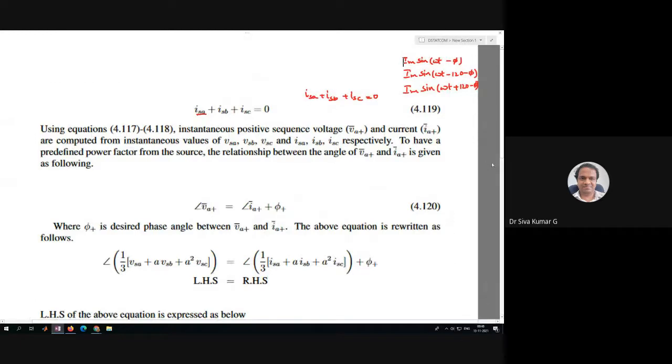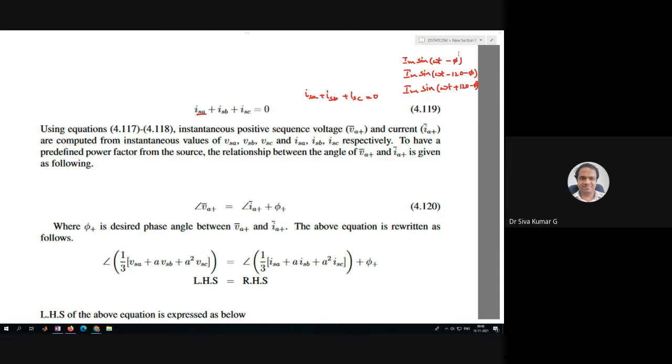It's not moving out. No problem. Yeah, these are the requirements of the compensator, right? This is satisfying ISA plus ISB. Even if you take these currents also, it is perfectly balanced. It is equal to zero also. At every instant of time, the summation of these currents is zero.